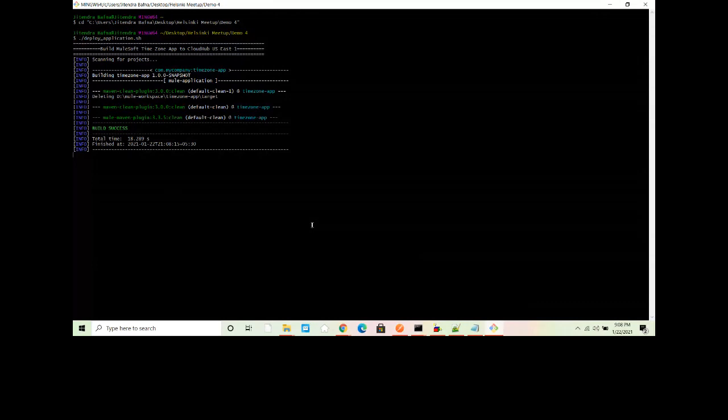So in the same way, you can write your shell script and you can integrate with Jenkins or any CI/CD tool, basically. So now it starts deploying your application.